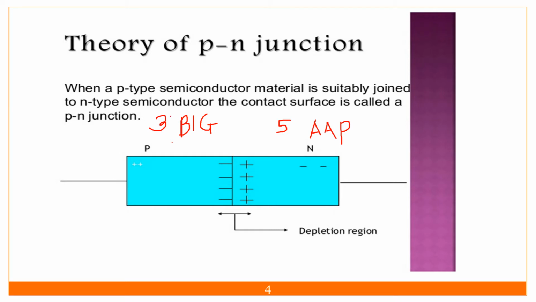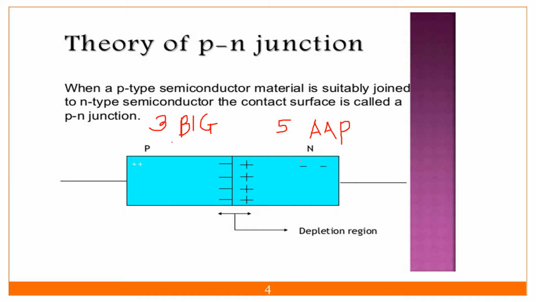You know that in the p-type material, the positively charged particles, the holes, are the majority carriers, which means millions of holes are there. And in the n-type material, electrons are the majority carriers. But due to some impurity mismatch, in the p-type material you will find a few electrons, tens of electrons.